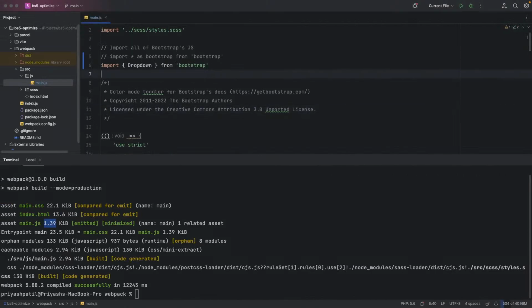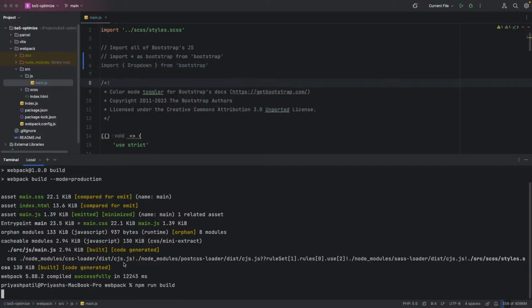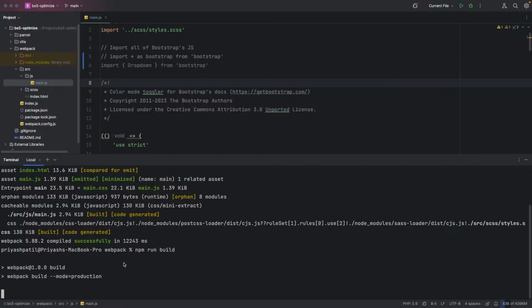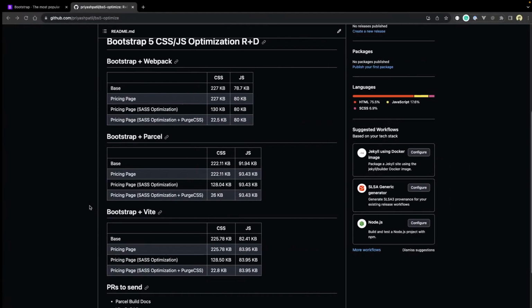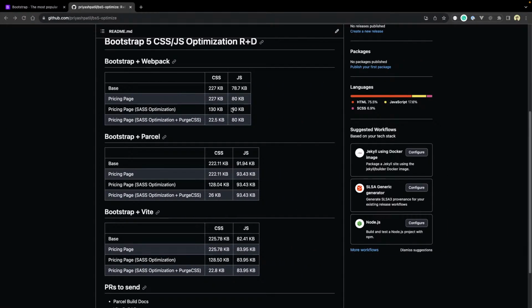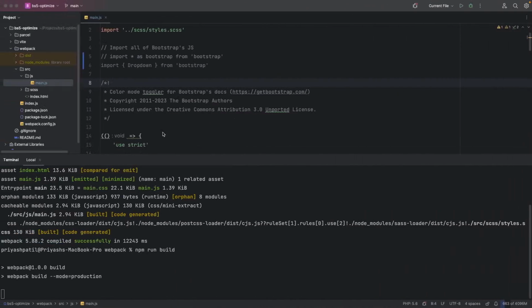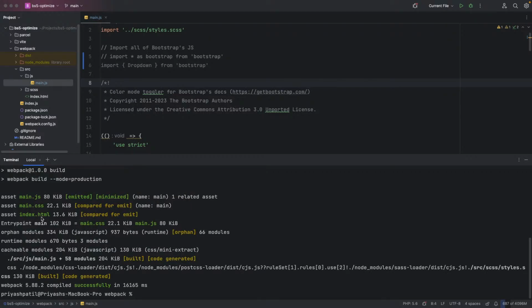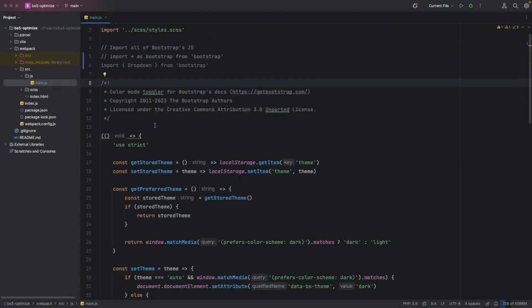But when we only enable the dropdowns and run the build again, it shows the exact same numbers as we were seeing without any optimization. Okay, as you can see, we are still getting 80 KB. So now let's figure out what we can do to